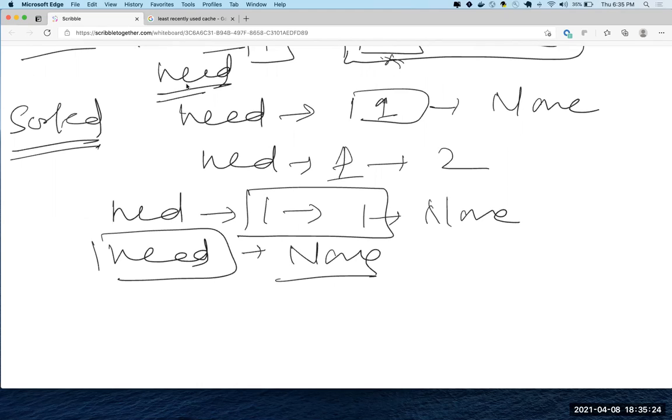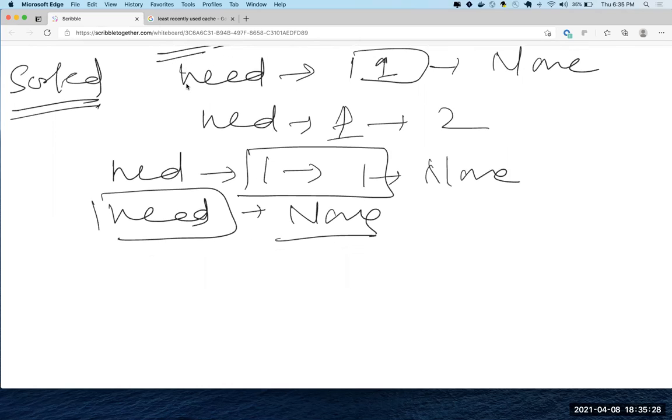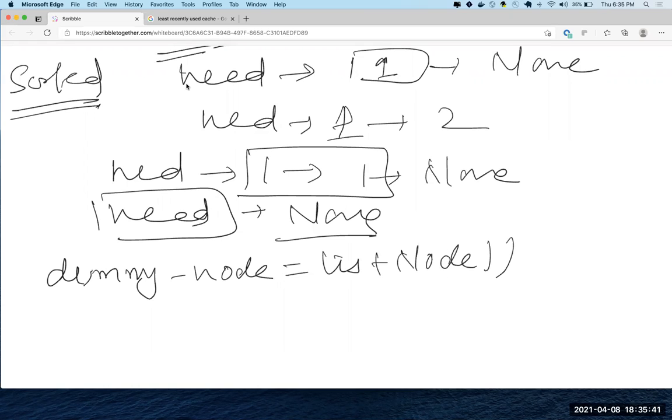So one of the things that I'm not going to show you is how to code this up or what's the trick here, but one of the things that I actually use is I always create a dummy node. I initialize it to list node or something, and I do dummy node dot next equal to head.